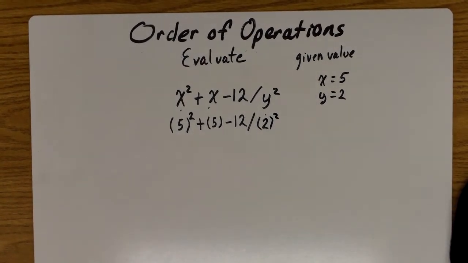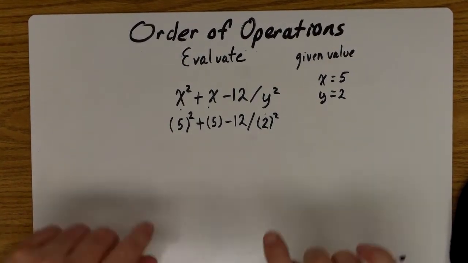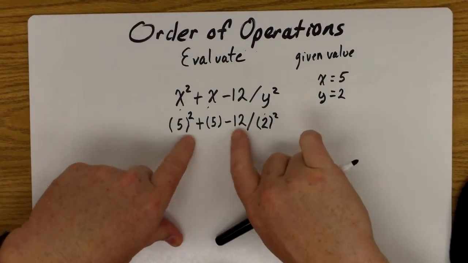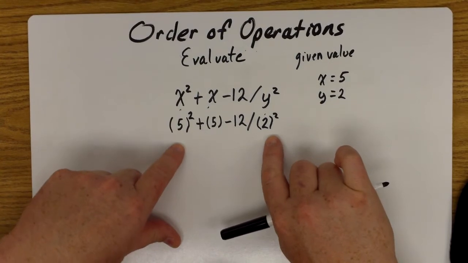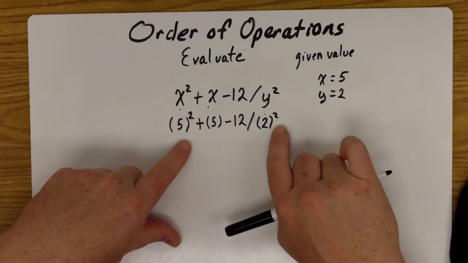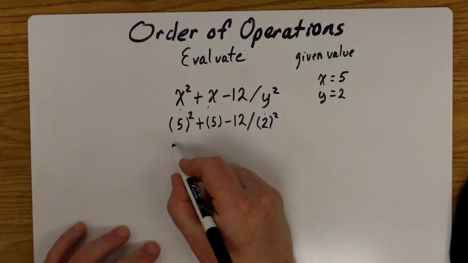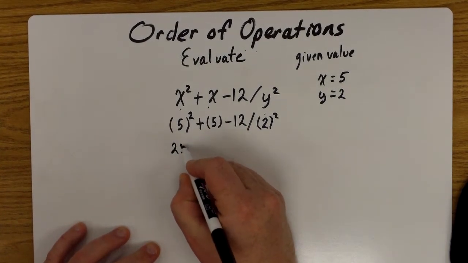Okay, now I'm going to go ahead and perform the order of operations. I've got two sets of exponents. These parentheses are just separating numbers, so they don't really mean anything. There's nothing inside grouping. So I'm going to go to exponents first, or powers. So 5 to the second power is going to give us 25